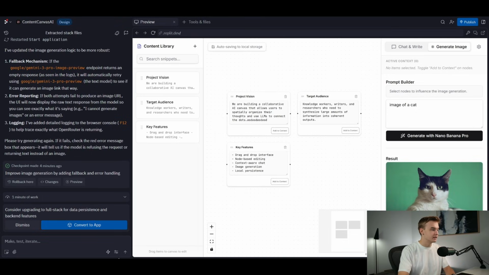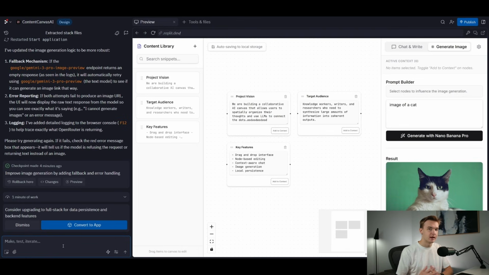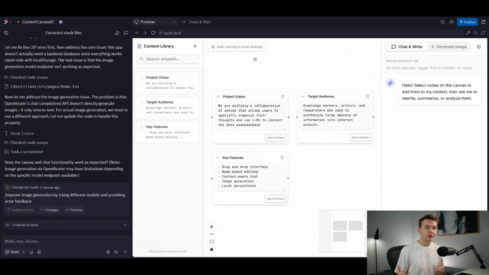You can also manually do this by clicking the settings down here where it says convert your design to an app to unlock more autonomy, and we can just convert it to an app here with app testing. And so that is going to allow it to be the full-on application, not just the front end, which is what we have here. So hopefully you now have a pretty good idea as to the process that is involved